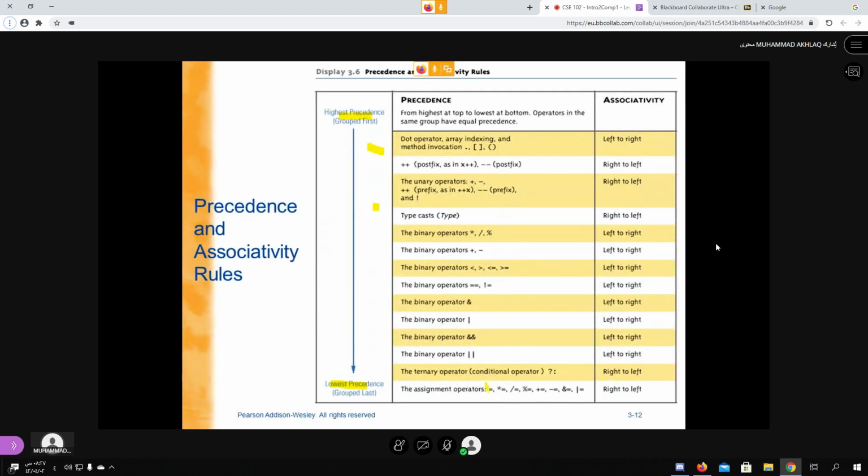So whatever operators involve equal, they have the least precedence. Similarly, when you have parentheses, something inside parentheses is evaluated first of all. So parentheses and indexing have the highest precedence. Similarly, if there is plus plus and minus minus, it is the next thing. Normal arithmetic operators are here.